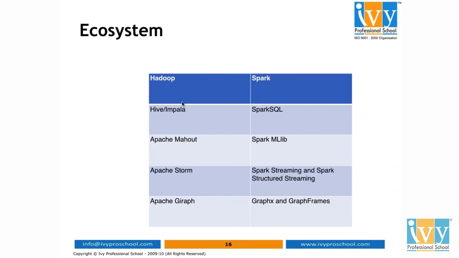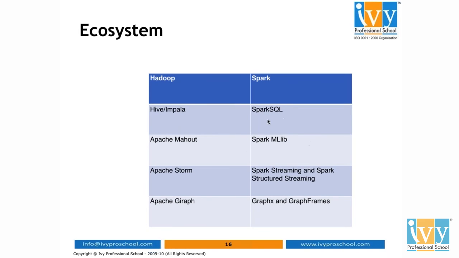So if you compare, there we were using Hive and Impala, here we have Spark SQL. There we have Mahout for machine learning, now it's moved to the Spark machine learning library. There we were using Apache Storm, now we are using Spark Streaming. So here these are not different systems. There in the Hadoop ecosystem, they are different systems. We have to install them, taking different systems and installing them. It's a real challenge, and makes things very complex.